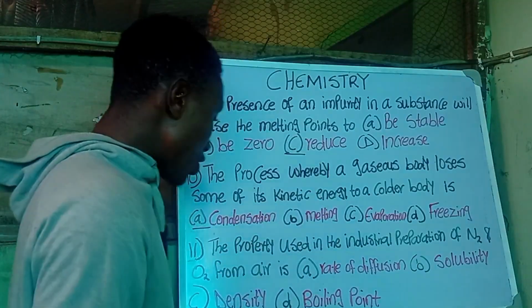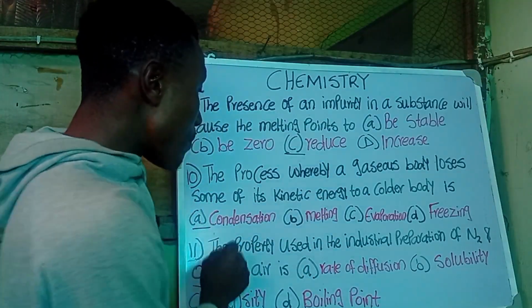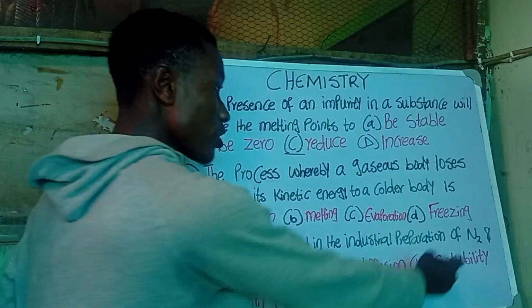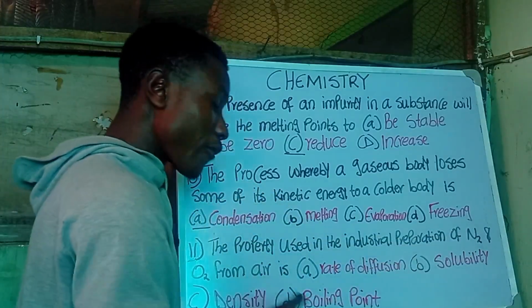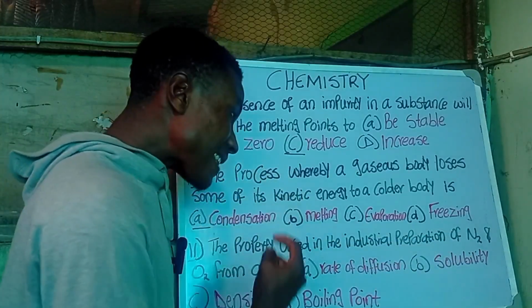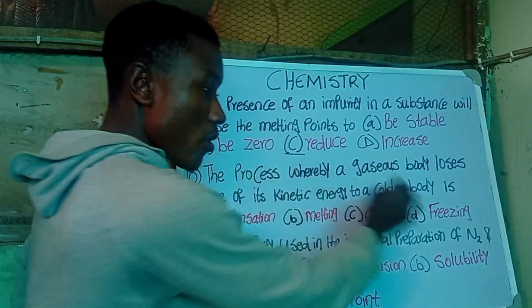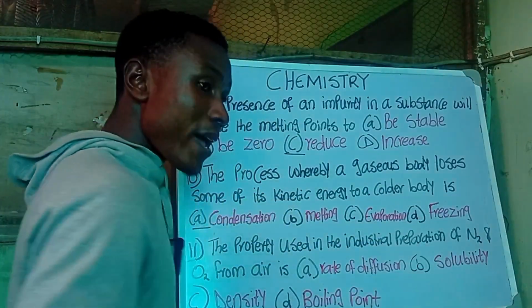So the process whereby a gaseous body loses some of its kinetic energy to a colder body is condensation. Number 11 says the property used in the industrial preparation of nitrogen and oxygen from air is the property that is used in the industrial preparation of nitrogen and oxygen from air. You know that